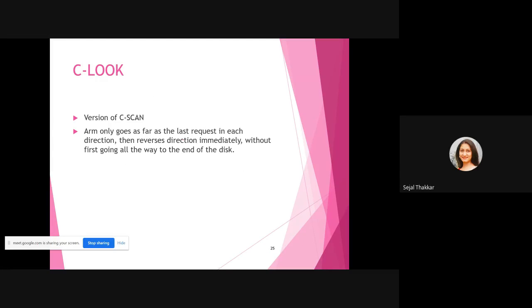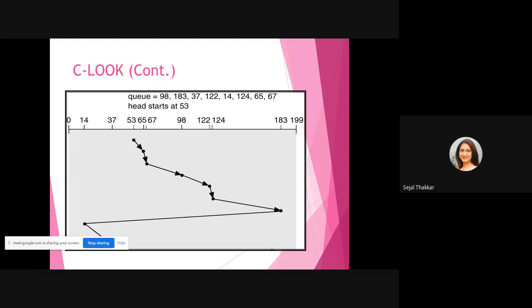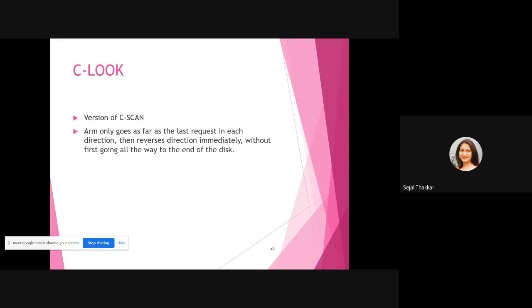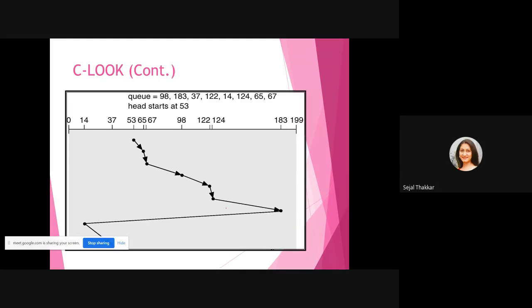The C-look algorithm is similar to the C-scan algorithm. The arm only goes as far as the last request in each direction, then reverses direction immediately without first going all the way to the end of the disk. In the C-look algorithm, you can start from 53 to 65, 67, 98, 122, 124, 183.